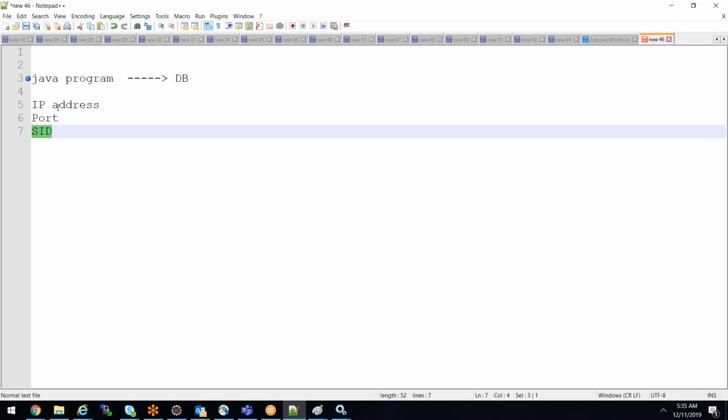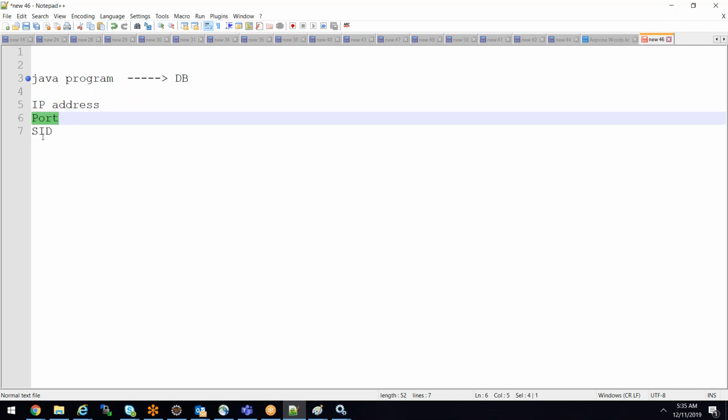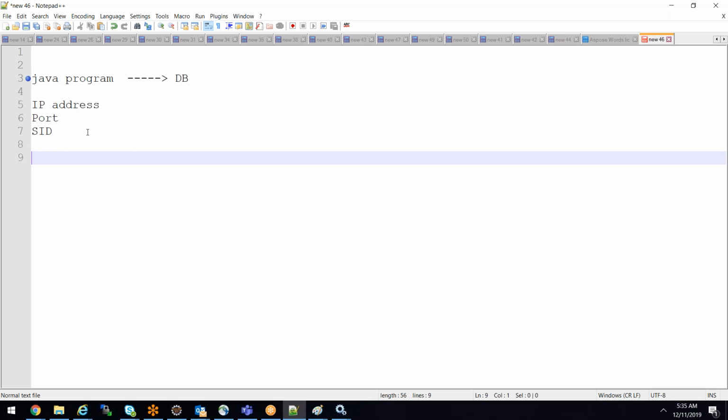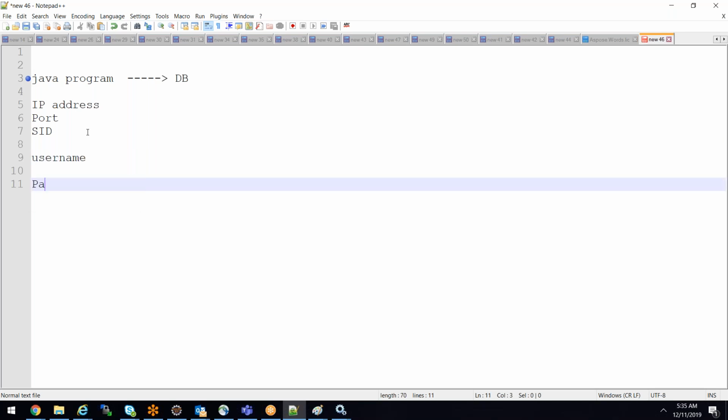So you should know the IP address, the port number, the SID, and the username and password. These are the details required for the client to speak with the server, correct? If you know all these details, then definitely you can meet your friend and talk to him. You can send a request to him, tell him, hey, I need this information. You can ask your friend, then your friend will give you the response back, correct? If you know all these things, you can talk to your friend. Did everyone understand this? I'm just giving